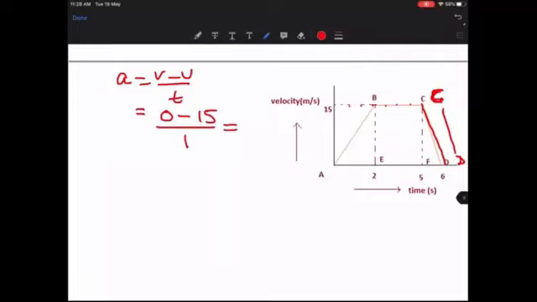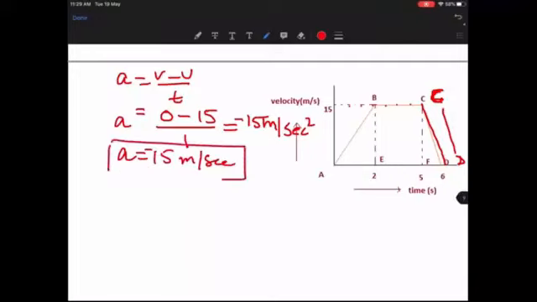So your acceleration will be 15 meters per second square. Okay, this is your acceleration. So you found your acceleration also, which is 15. Actually, it is minus 15. Make it minus 15 because it is not acceleration, it is deceleration. It is minus 15. All of you, please write down minus 15, not 15. Fine. So now you have calculated your acceleration, your deceleration basically.